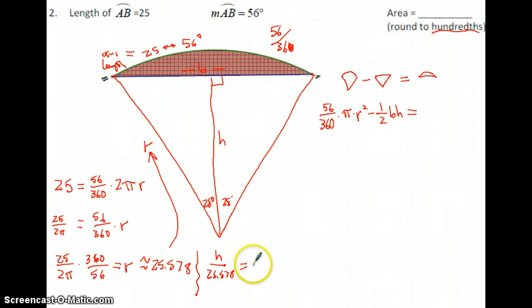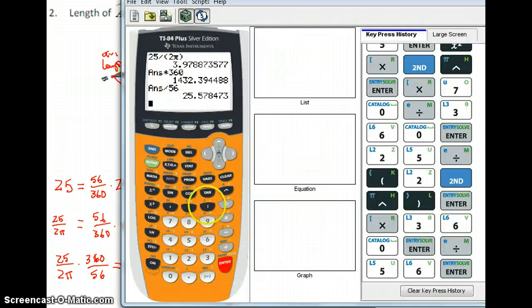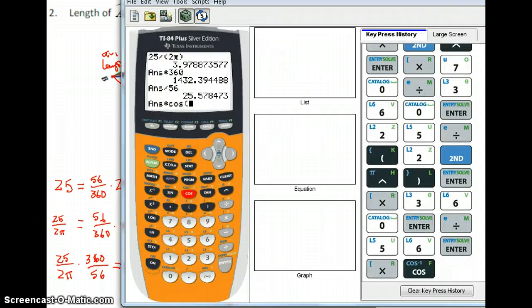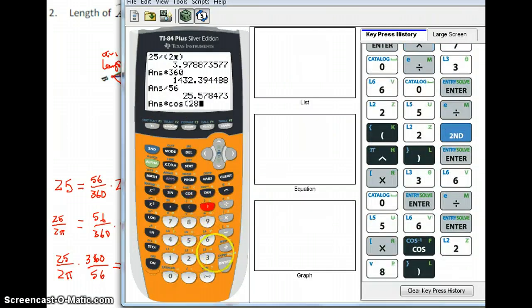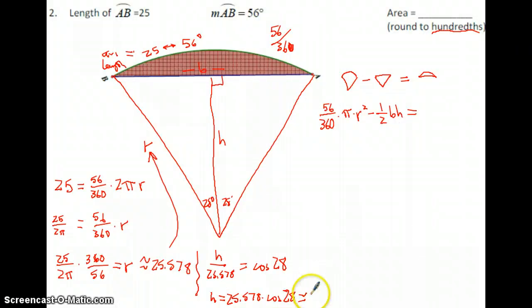That would be adjacent to the 28, so that's cosine. So I can find h by taking my radius times cosine, which is about 25.578, and I can keep that decimal in there, it's really nice, times cosine 28. This is a very exact answer so far. 22.584. I needed that for the triangle,